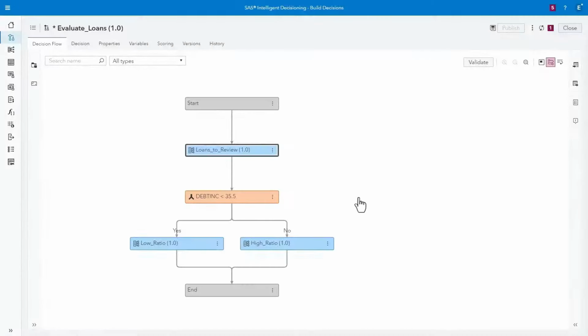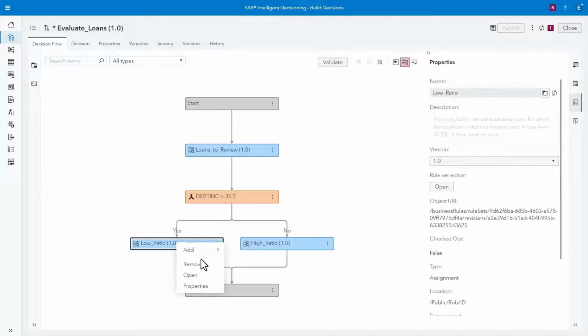So the next step in our life cycle is build decisions. And here is a sample business process flow that a bank, for example, may have. So this has to do with approving and denying credit or a loan. So for example, here, if we look at our low ratio rule,